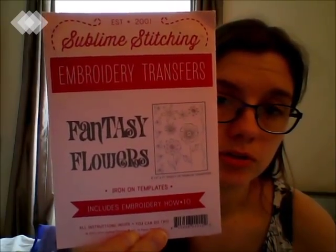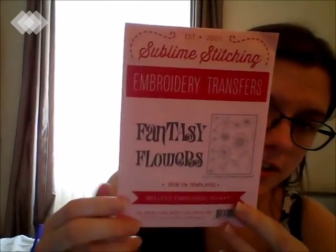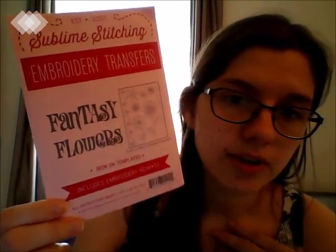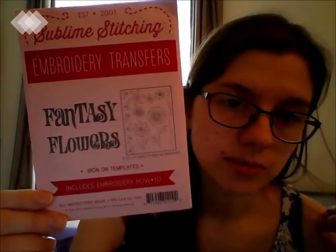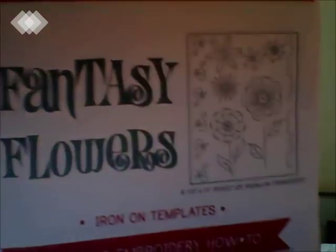So when you pick the product, you can choose which design you get, because they've got retro stuff and Christmas stuff and gardening things. I chose the flowers because I thought you can use them on more things. Although if I chose again, I might have chosen the Christmas ones and made a Christmas stocking. So anyway,